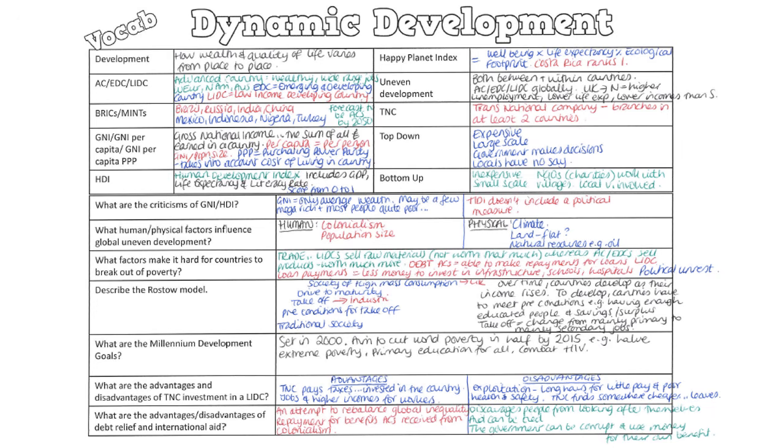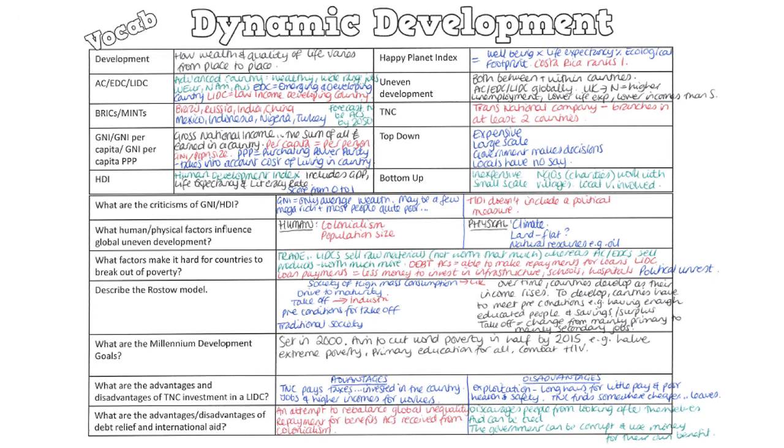Advantages and disadvantages of TNC investment in LIDCs. So when a TNC invests in an LIDC like Tajikistan, they will pay taxes which get invested in the country. They will want to improve the infrastructure which benefits the local people with better roads and railways. There will be jobs with higher incomes for the local workers. However, disadvantages are the TNCs tend to exploit the workers with long hours for little pay, very poor health and safety conditions. And if that TNC finds somewhere safe, somewhere cheaper, they will up and leave with very little notice, and everybody dependent on that industry will lose their jobs.